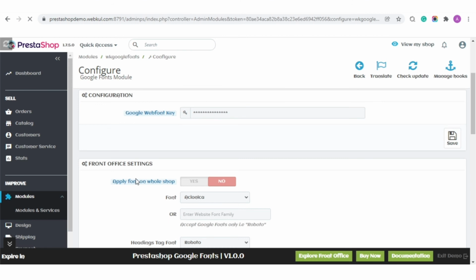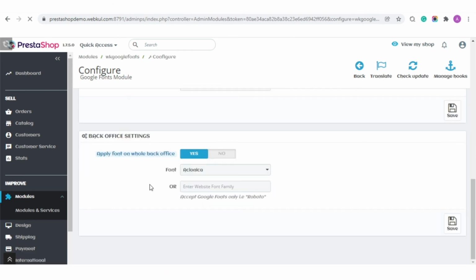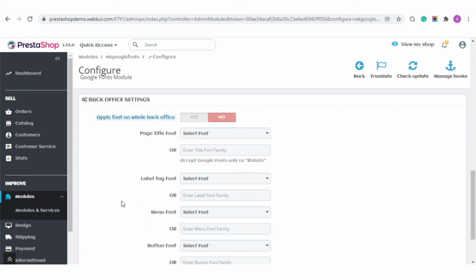Here we can see that Aclonica has been applied to the whole back office. Now let's apply separate Google fonts for different tags.